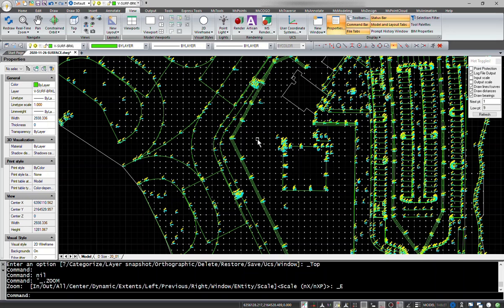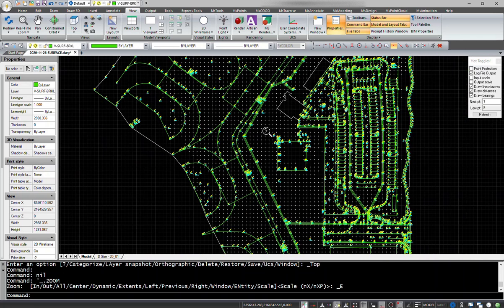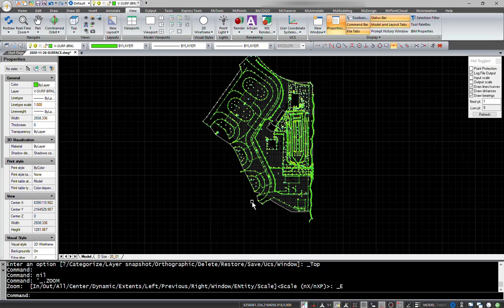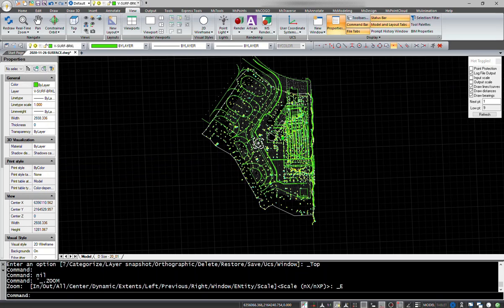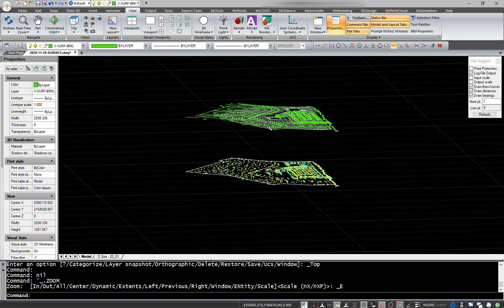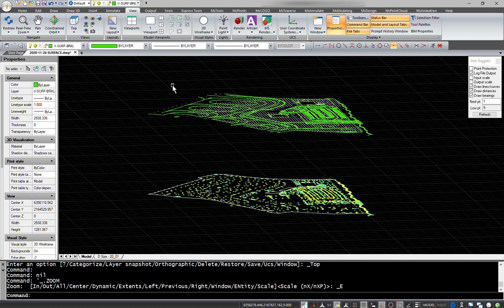a point cloud routine was used just to generate points to represent the surface, and now what we're going to do is turn it into a surface. So what we'll notice in this drawing, if I turn it on its side just by holding down my control button and my middle mouse wheel, is we've got lots of 3D data up here and we've got 2D annotations down here. This is what we're interested in working with to create a surface,